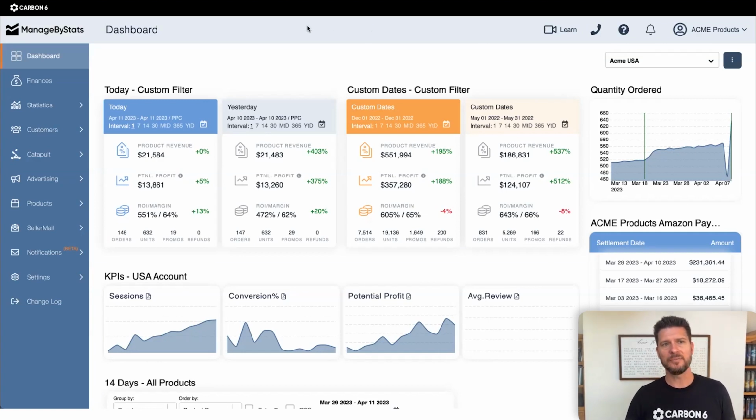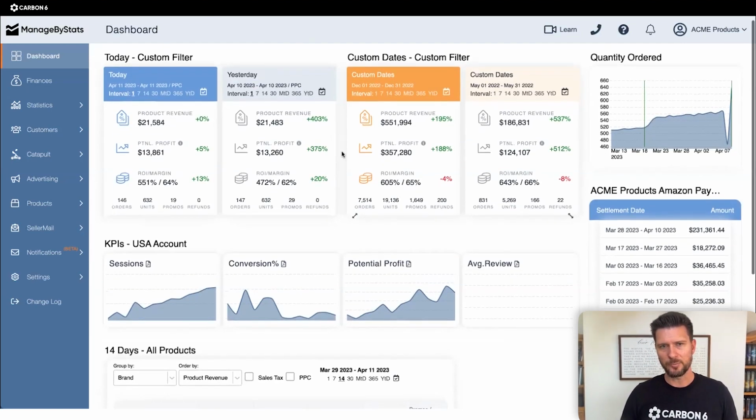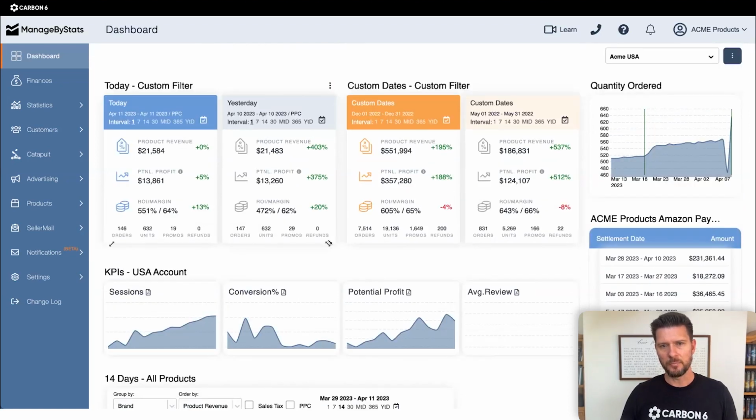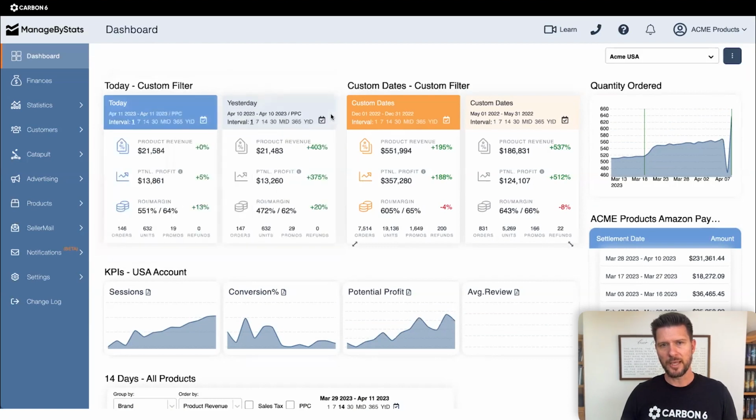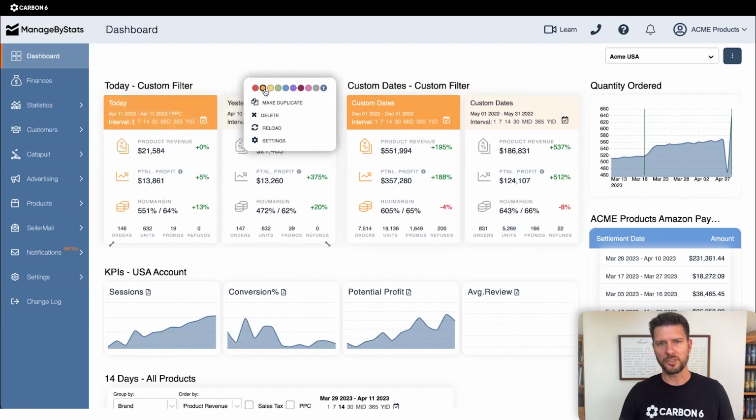The first thing we have here is a dashboard. Similar widgets you've seen around on the different tools. But basically what you have here is a very customizable dashboard. You can resize any of these to fit how you like. You can have different colors in here to build them out for the different types of products you have.